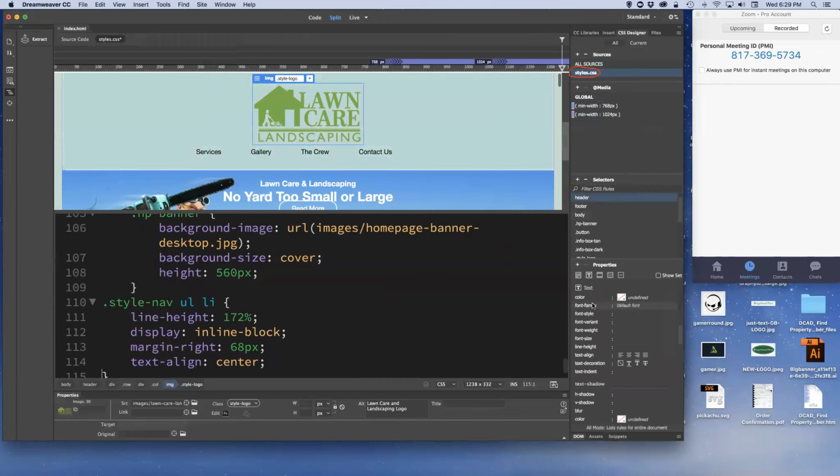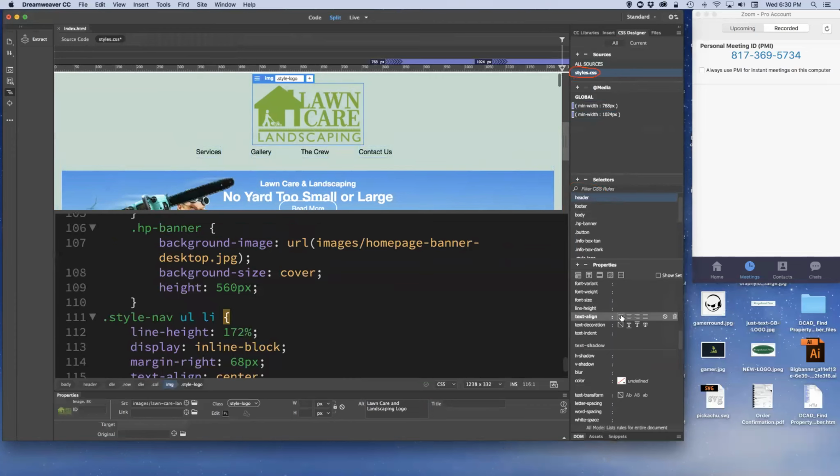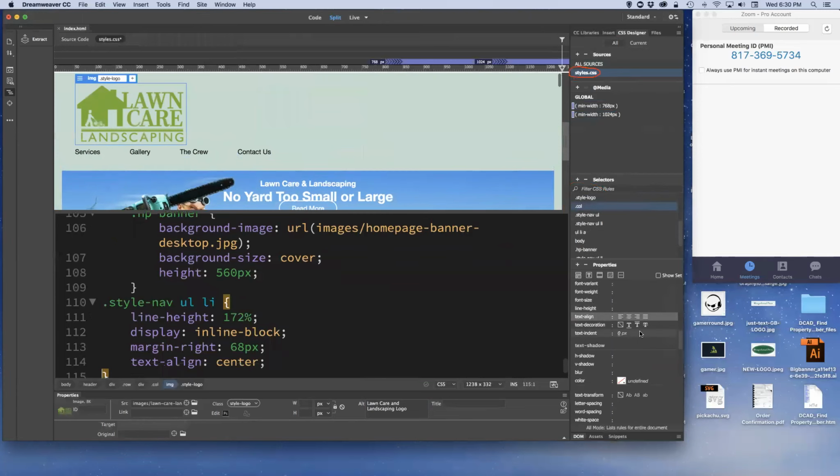Did we do it with the header? We set it to left. Think we might have done something wrong. Let's go check out our column rule for just a second. I'll set it in there. I'm going to trash that